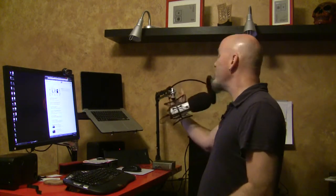So the first thing is obviously the microphone. The two microphones that I recommend are the Rode Podcaster, and that's this mic right here. Both of these mics are a little pricey. They're between like $150 and $200, I think. This one tends to be more expensive. And even though it's on here right now, this actually is not my favorite mic. I've been trying to work with it because